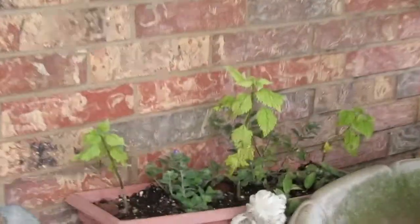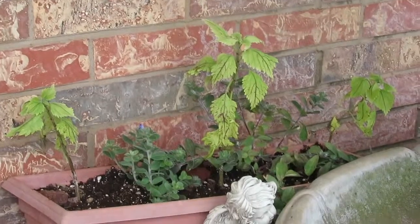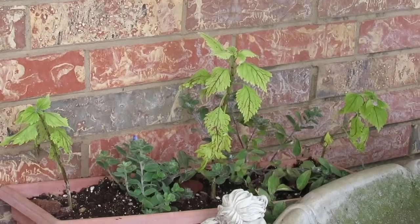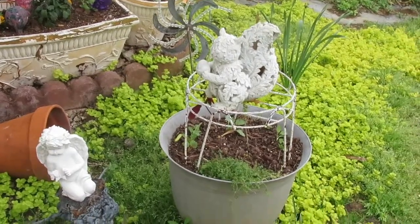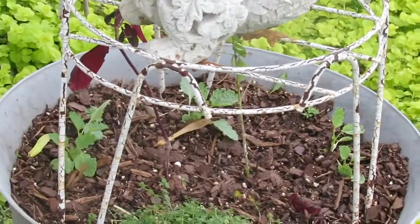And I also did this little pot here. These are also starts from the house along with the blue days. So I think that has potential to be very pretty too. And I was going to say that little perennial ground cover, I put the biggest portion of it right here. And then these are also the